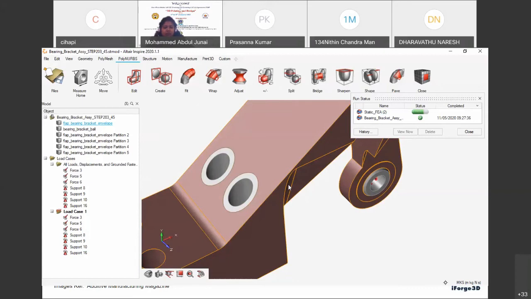What happens is, when you have a very high aspect ratio, any one side of the element will be very long, and it causes convergence issues. While performing FE analysis, it will consider that as an error. So when you're performing FE analysis, not only based on STL but any other CAD model too, you have to check the mesh quality, with aspect ratio below 15 or 20. Maximum is 20. You should not go more than that.